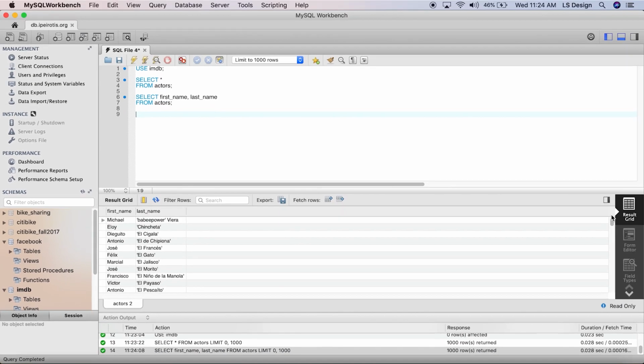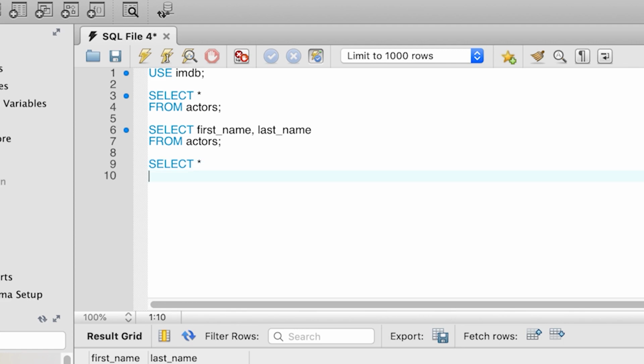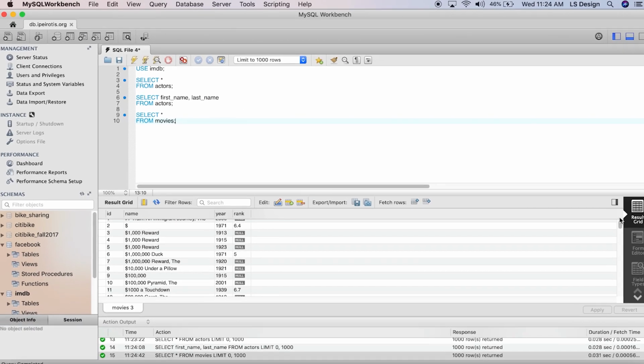Now, let's do another example. So let's say that from the movies table, we don't want to get back everything, but we want to see just the year and the ranking of the movies. Again, let's start with the basic query, select star from movies. Again, this query returns back all the movies and all the attributes.